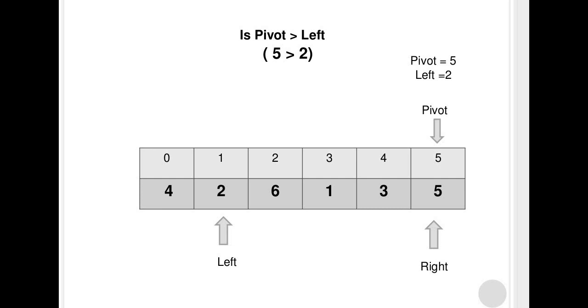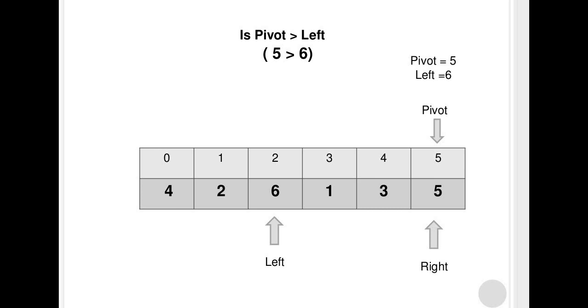If the element is smaller than the pivot element, you can see that the pivot element here is 5. So here the pivot element is greater than 2, then again you have to move to the next number. So we move left one position towards the right position, right? So now we will move to the next position here.